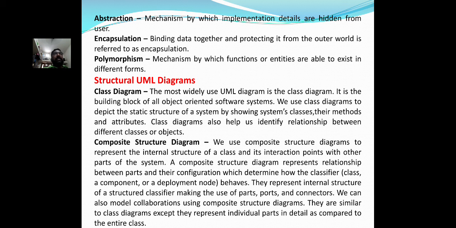They represent the internal structure of a structured classifier, making use of parts, ports, and connectors. We can also model collaboration using composite structure diagram. They are similar to class diagrams except they represent individual parts in detail as compared to the